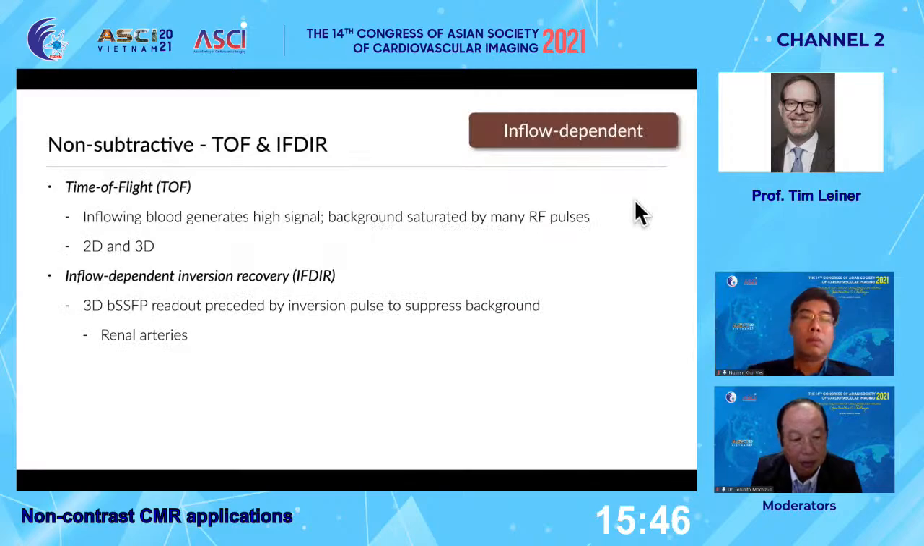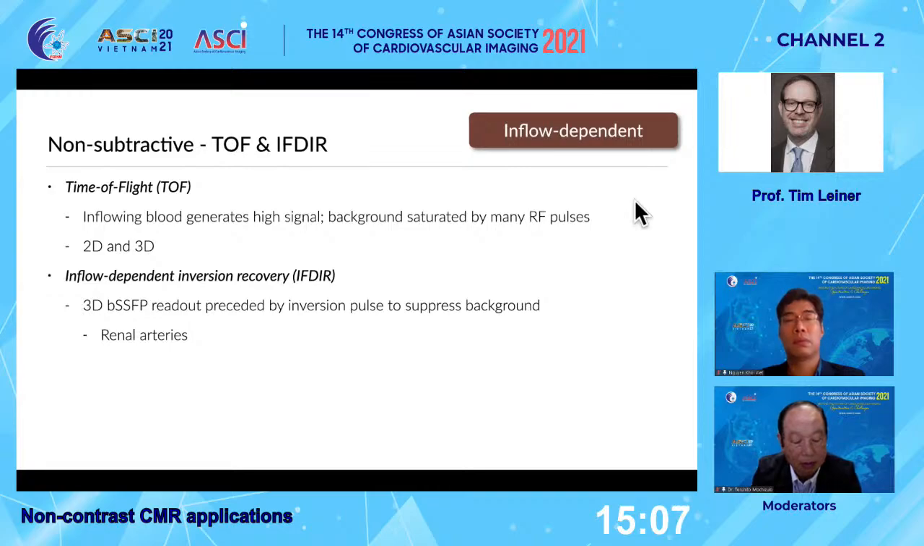All right, now let's move on to the second family of techniques, the inflow-dependent techniques. And as I mentioned, there are different techniques in this family, 4 different techniques, so let's look at them in a little bit more detail here. So we have the non-subtractive techniques, time of flight and IFDIR. And time of flight is well known, of course, primarily used in the brain, and inflowing blood here generates high signal, and the background is saturated by many RF pulses. This can be done in 2D and 3D acquisitions,